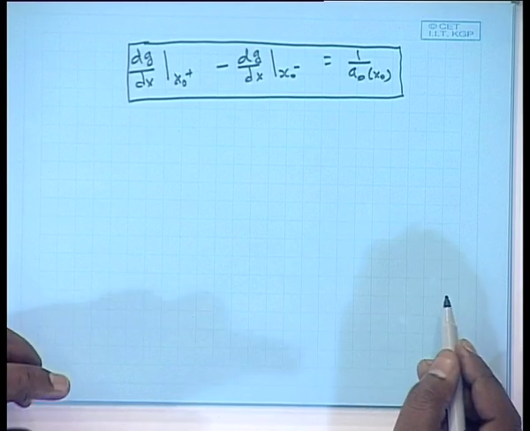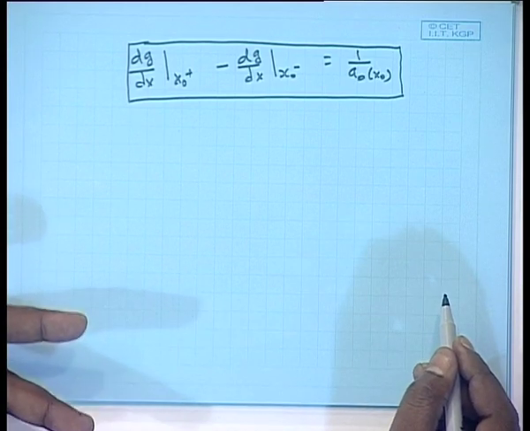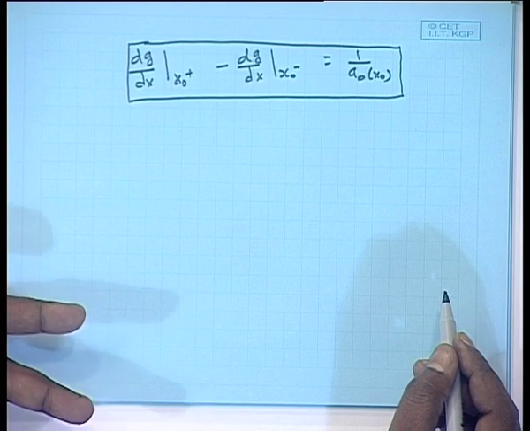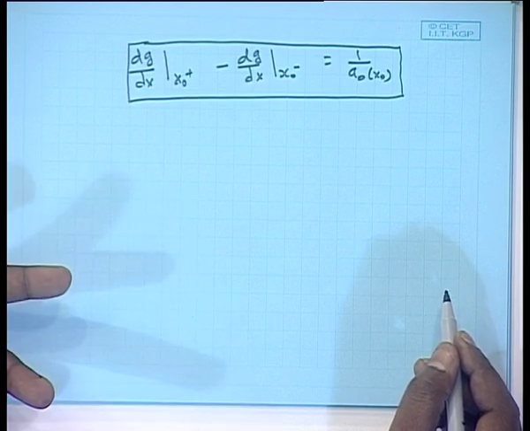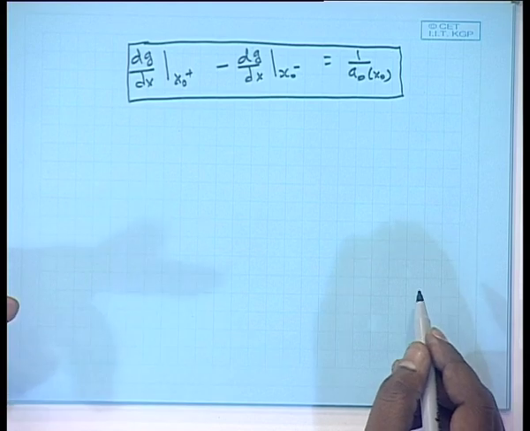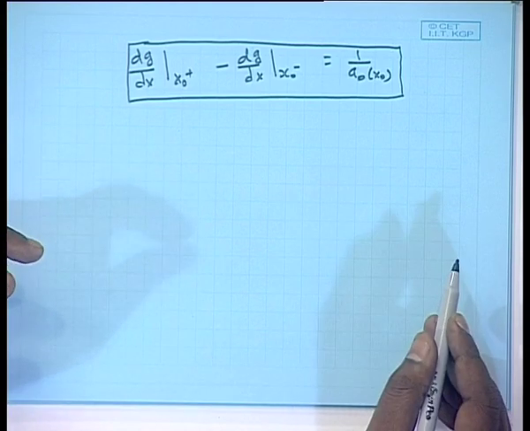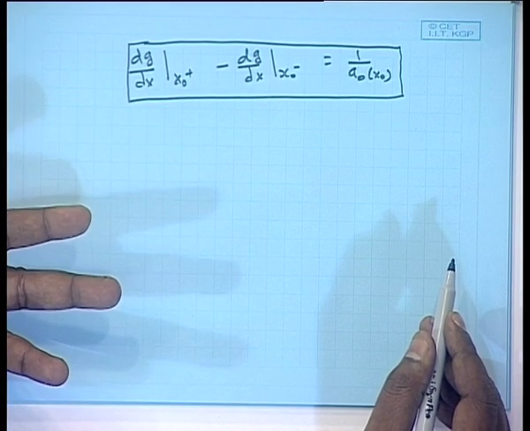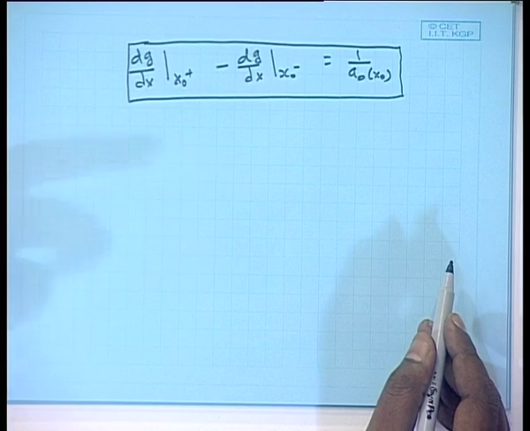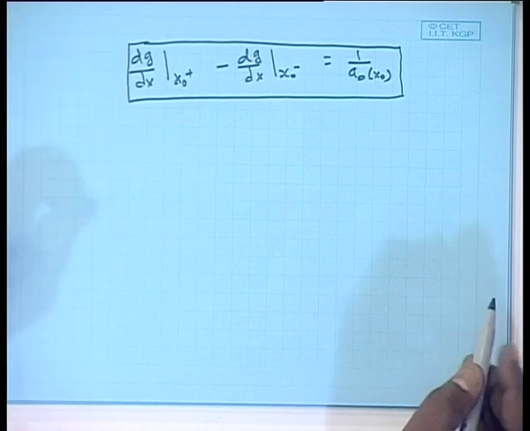So, we have obtained two extra relationships. One is the continuity of Green's function, another is the jump discontinuity of the derivative of Green's function. So, these two are extra conditions, and now you can evaluate all the 4 conditions of the governing equations separately, independently. Fine. Now, let us look into the example.